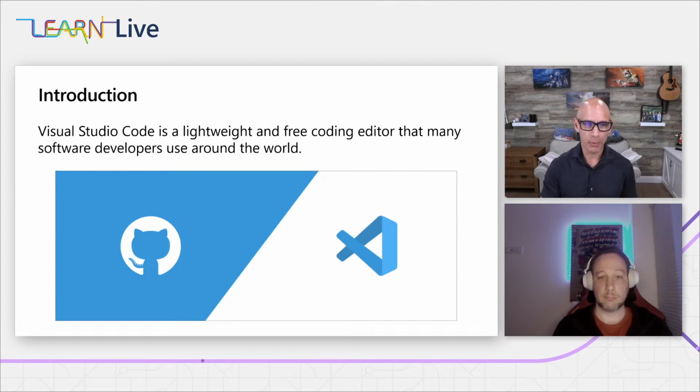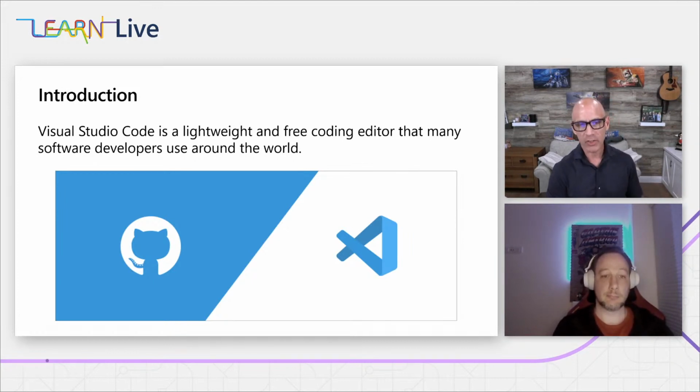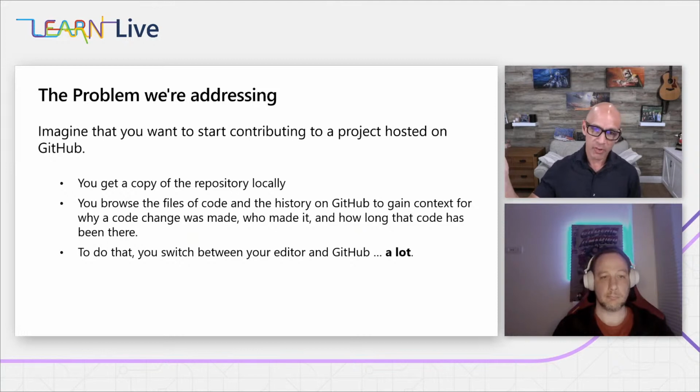I was one of those people who, for years, was changing my coding editor. And when Visual Studio Code first came out, I started giving it a test drive, and it really helped me along. The big things I looked for was that it's really fast to load, fast to use, it's free, and the extension model really makes it amazing because while there may not be a feature built into it that you want, there's a bunch of extensions, as we're going to show today, which really light it up. And one of the big extensions we're going to show is GitHub's extension for VS Code. And as we know, GitHub is a version control source system if you've gone through this series.